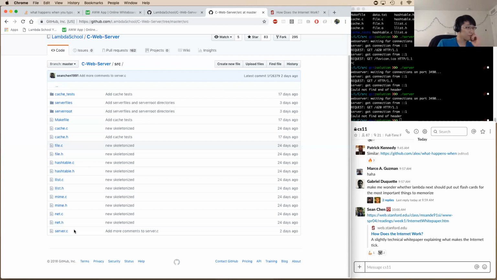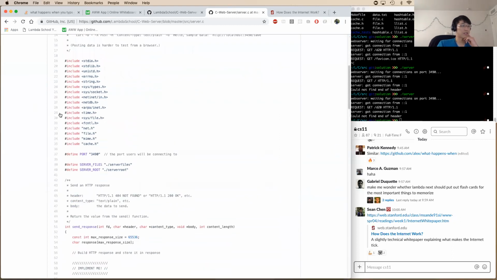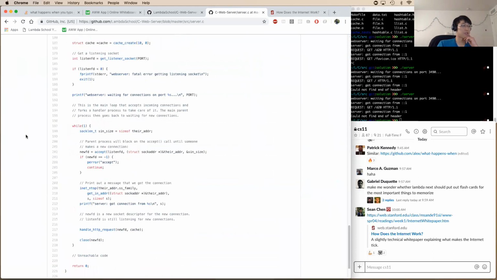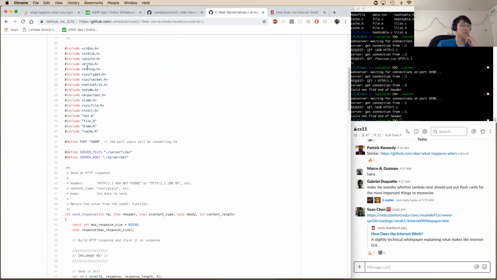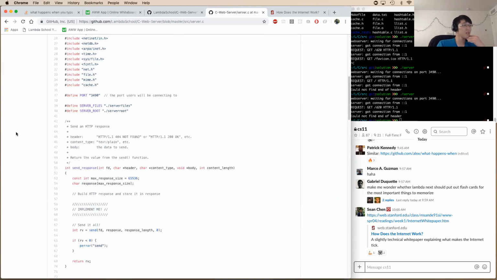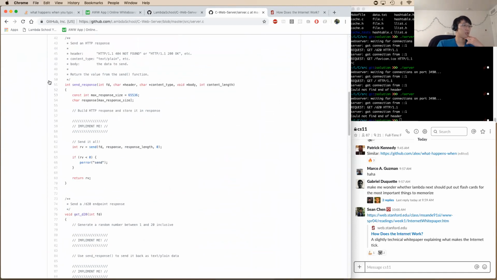All right. So as I said, for the first 2 days, you're pretty much going to be in server.c. And if you haven't looked at this yet, there's a lot of code in here already. I don't know if there have been any other projects where there were this many included header files. Again, I'm not too familiar with the architecture code base, so maybe I'm wrong. But just going in here and looking at the function signatures we have available,